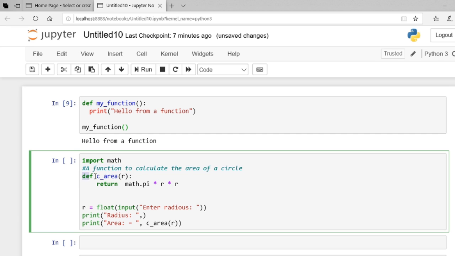Then def C area R. C area, that is circle area, takes a single argument. This is called the parameter to the function, and as we remember, there is no need to declare the type of a variable like in C or C++. Then return. Instead of printing the answer here, I am returning the calculated value, which is computed using pi r square. For this I have used math.pi into r,